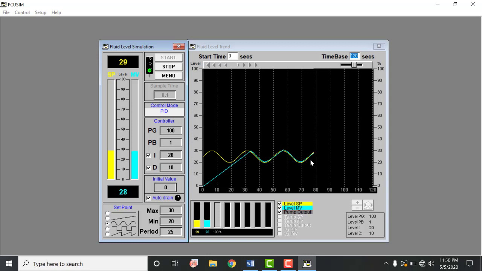Now this sinusoidal behavior is also achieved on the basis of this integral and derivative model. Now you must already know that you cannot select the integral or derivative model unless you have some kind of proportional value, because the difference between our set point and measured value is first processed through this proportional module, then it goes to this integral module, and then to control the error with respect to time, this derivative value works.